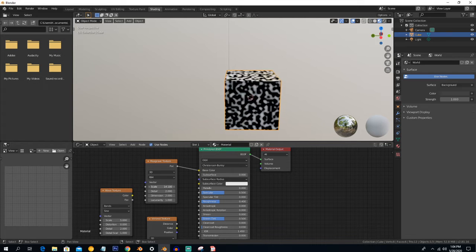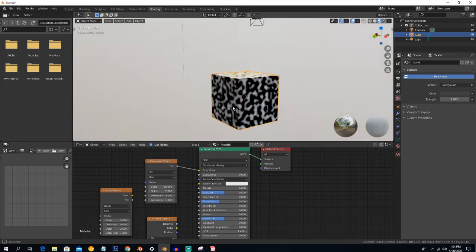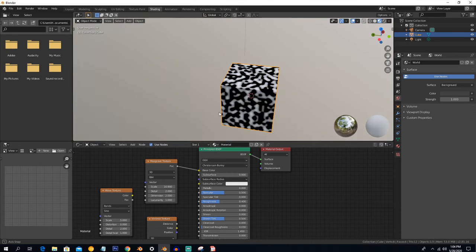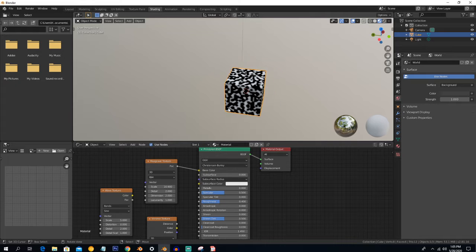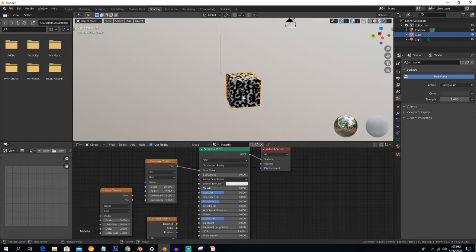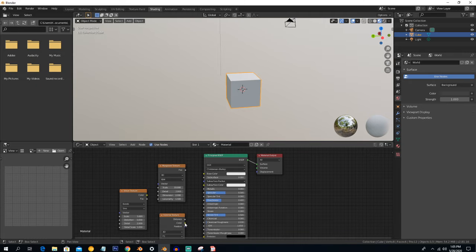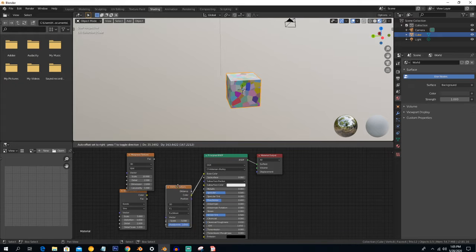So it has many advantages. Procedural textures are used to generate any texture you want to create using mathematical values. These mathematical values you can see here, these numbers, and you can get any result, and sometimes many cool results. For example, you can see here many nodes, same color.